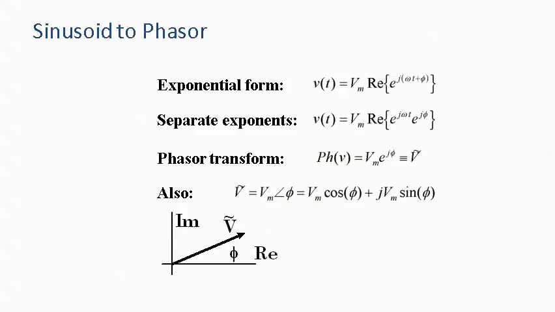Now, one of the first things we must do is learn to convert this sinusoidal function in the time domain to a phasor. So we'll go into the frequency domain when we do that. So let's rewrite our function. As you saw in the previous view, where we described v as a function of t, it had a peak value, a frequency, and a phase shift. But this doesn't say